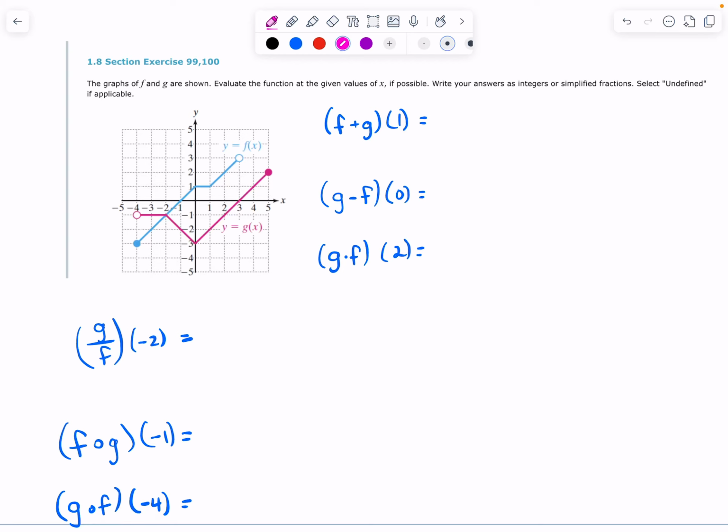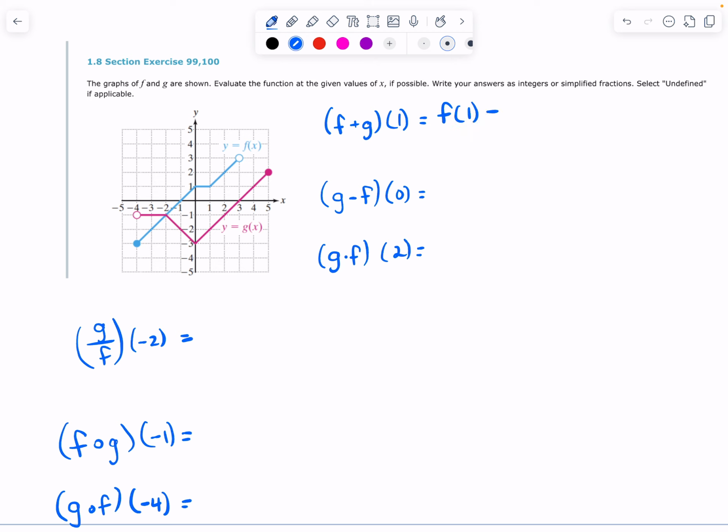Okay, so section 1.8, exercise 99 and 100. The graphs of f and g are shown. F is the blue, g is the pink. Evaluate the function at the given values of x, if possible, and write your answer as integers or simplified fractions. Select undefined if applicable. So f plus g evaluated at 1 is the same thing as taking the function f